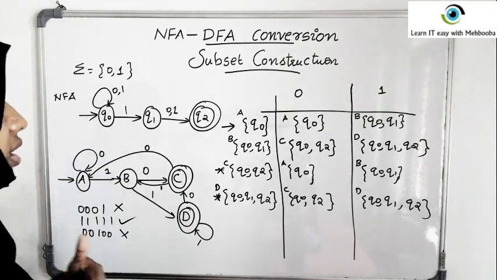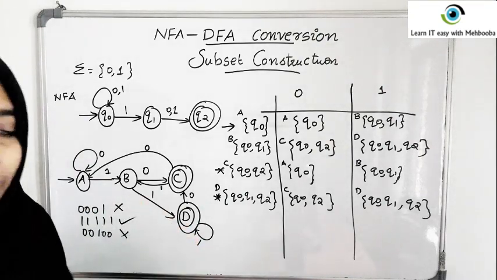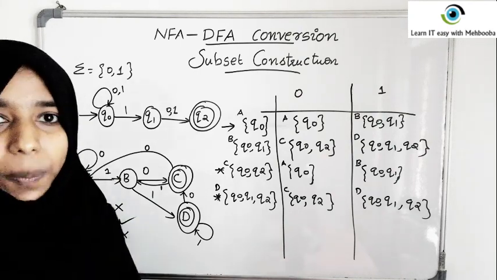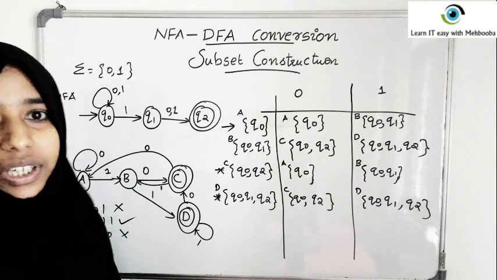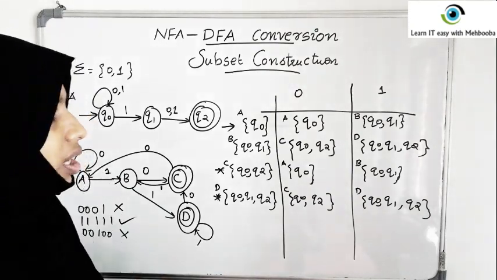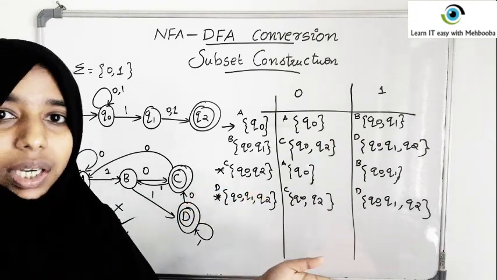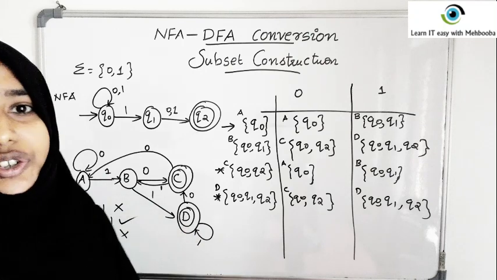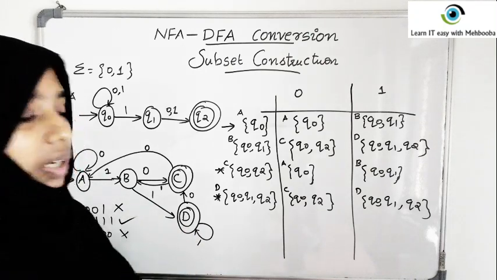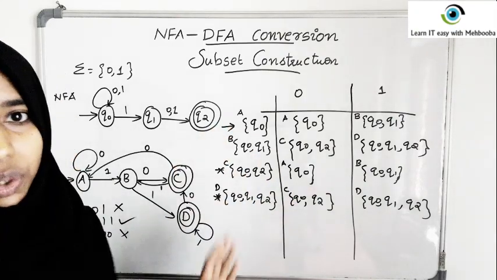Again, one thing that I want to tell you is that if you have drawn the DFA directly, you may get a DFA even shorter than this. That is, the DFAs that you obtain due to subset construction may be a bit large, and there is scope of minimization in it. Most probably the DFAs that you obtain using subset construction can be minimized. So we will see the minimization algorithm in one of our coming videos. For the time being, just understand that this is how we do the conversion.